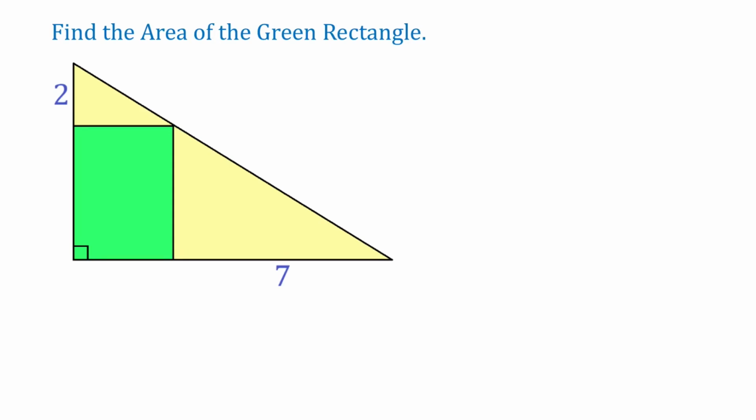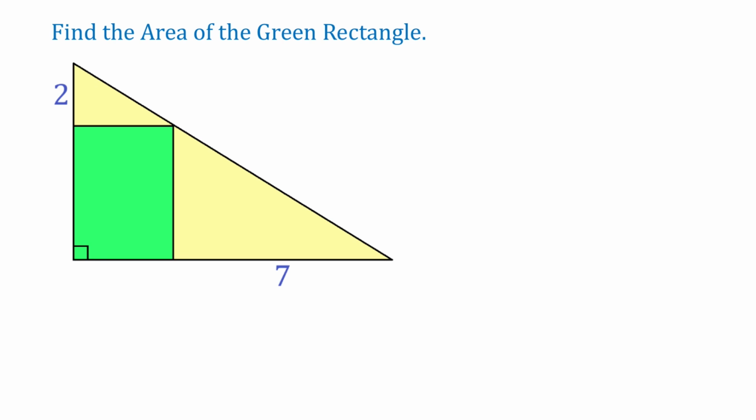Hello! In this figure, we have a rectangle inscribed in a right triangle. If this length is 2 units and this one is 7 units, then what is the area of the rectangle? To get the area of this rectangle, we simply need to multiply 2 and 7, so the area will be